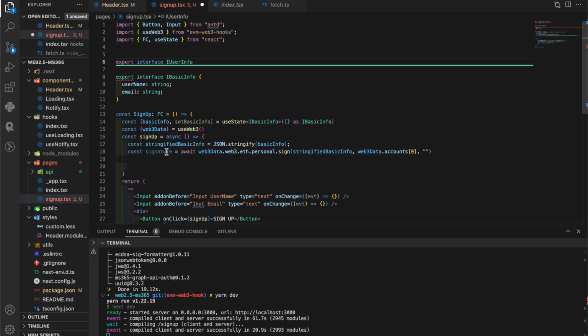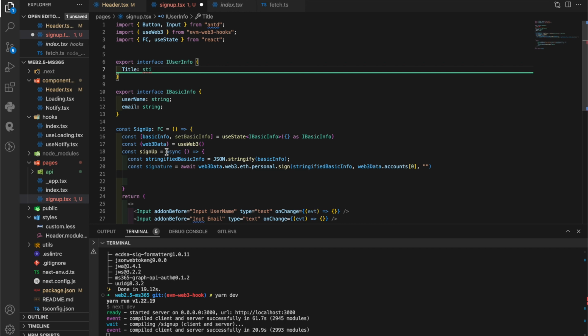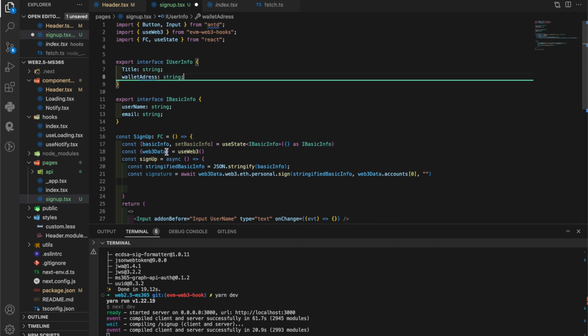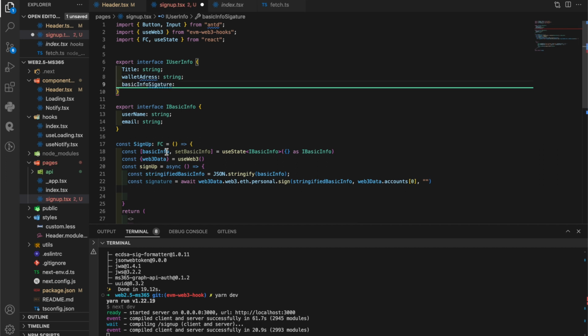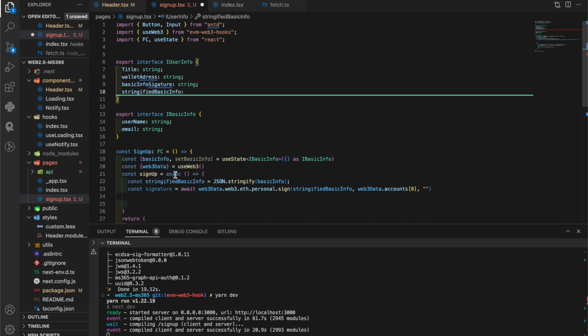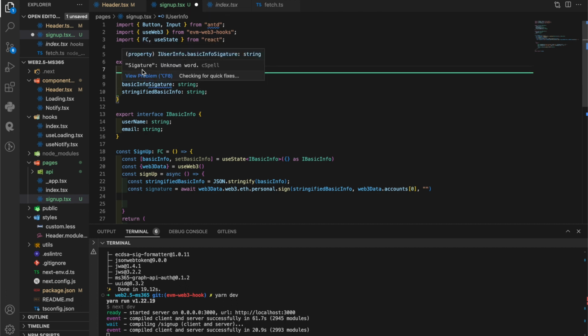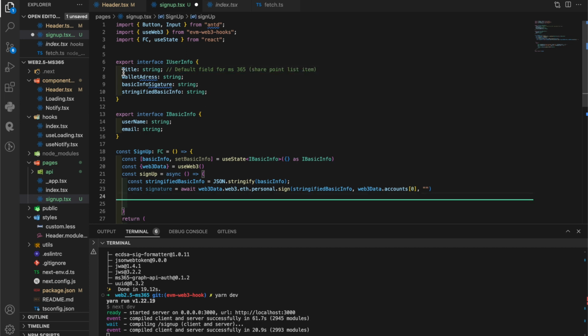So let's create a new type. This type will be the actual type to be stored in our database. The first one is the title, and the second one is the wallet address, which is connected to our application, and third one is the basic info signature, and then fourth one is the stringified basic info. Okay, that's it. And the reason why we want to have this title field is that Microsoft actually has only the default value, so it is necessary to have this field,